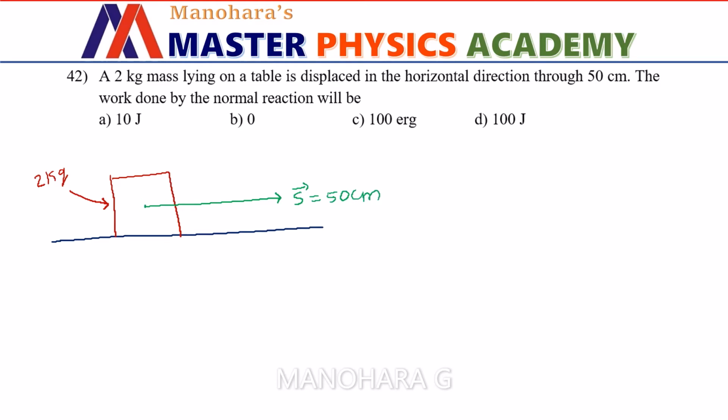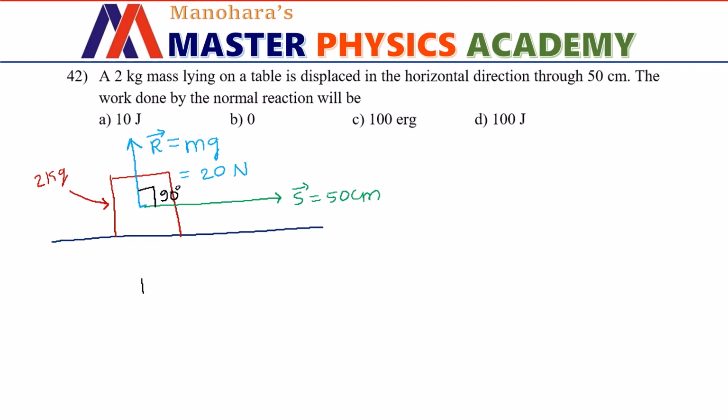So what is normal reaction? It will be always perpendicular to the surfaces in contact, and in this case it is going to be upwards. So I will mark that by letter R, whose magnitude will be equal to mg for flat surfaces like this. So m is 2 kg, g is 10 meter per second squared. Multiplying these two, we will be getting the normal reaction as 20 Newton. The angle between the normal reaction and displacement produced is 90 degree as shown in the diagram.